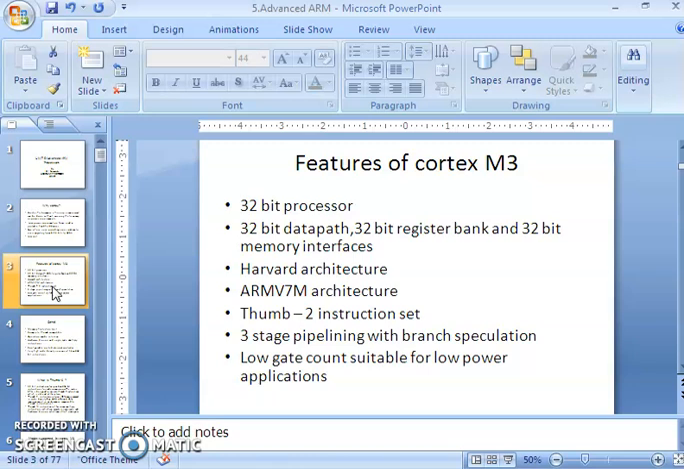And it follows the Thumb2 instruction set. The Thumb2 instruction set is a blend of the 16-bit Thumb and 32-bit ARM instruction sets, so it has the advantages of both. We know ARM is a 32-bit fixed size instruction set and Thumb is a 16-bit fixed size instruction set. So both advantages will be present, like improving the code density,